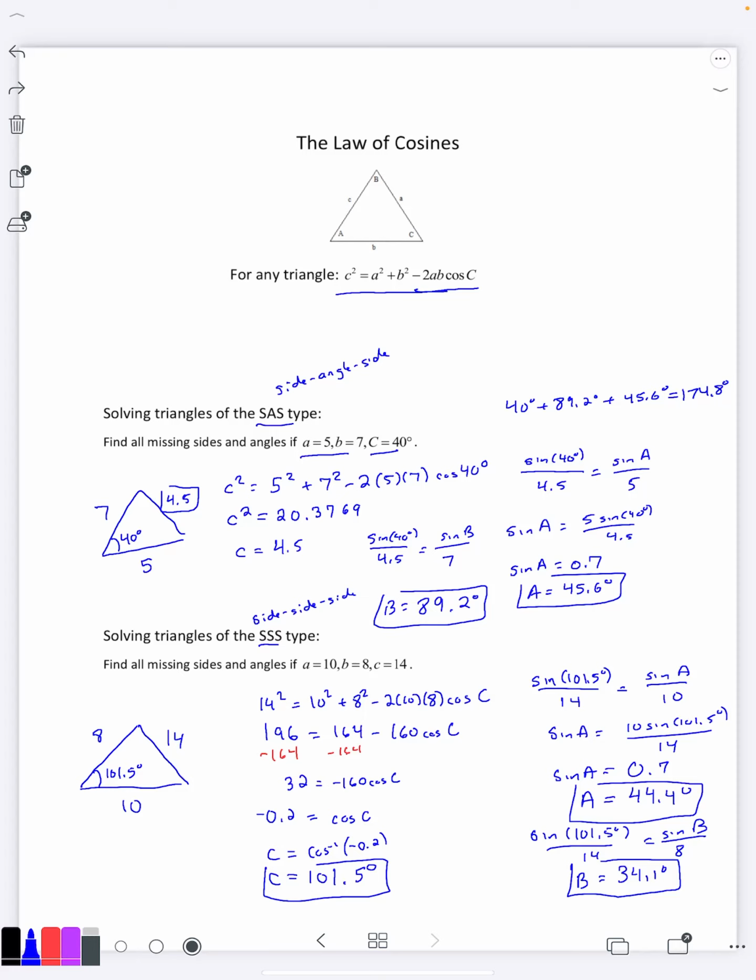But the idea with law of cosines is you use your law of cosines to find one missing piece of information. And then once you have that, you can switch over to using law of sines to find the remaining pieces of information that are missing. Now you could continue to use law of cosines to find all three. It's just law of cosines usually takes more work than law of sines. That's why we like to switch over to law of sines. But hopefully this gives you more ideas of how we can use law of cosines in order to solve our